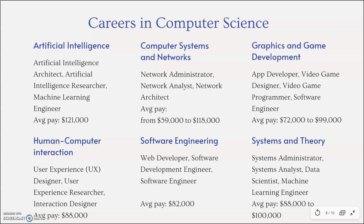And the next one is computer systems and networks. This career field a lot of time deals with administration for networks. So the people who do the administrative work, for example, for the school district, they control the whole software and interface of Denton ISD. So a lot of career options in this field include network administrator, like I mentioned earlier,